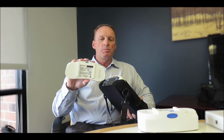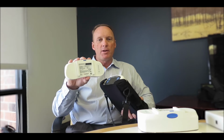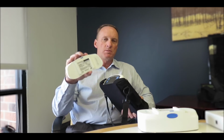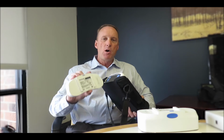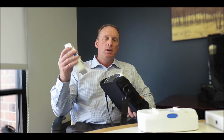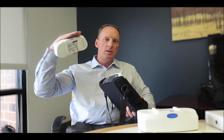All batteries, for the most part, for all POCs, will last about 300 full cycles, which means 100% down to 0, and then back to 100% again. That would be 1 full cycle. Most patients will use batteries by taking them from 100% maybe down to 80%, and then they recharge it, that would only be 1/5 of